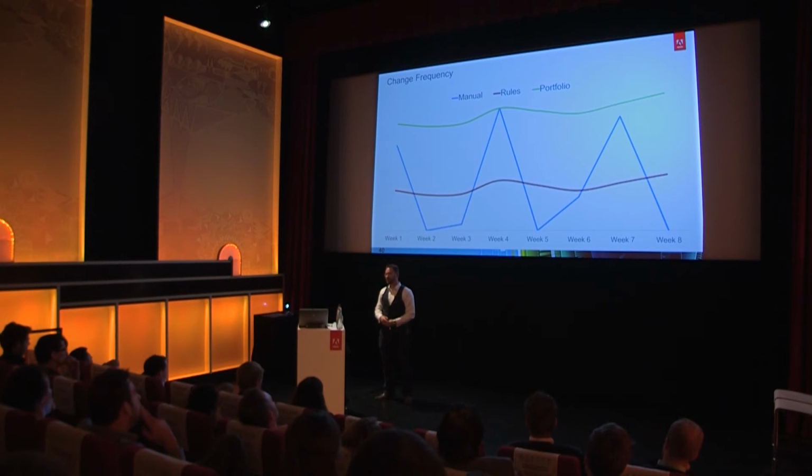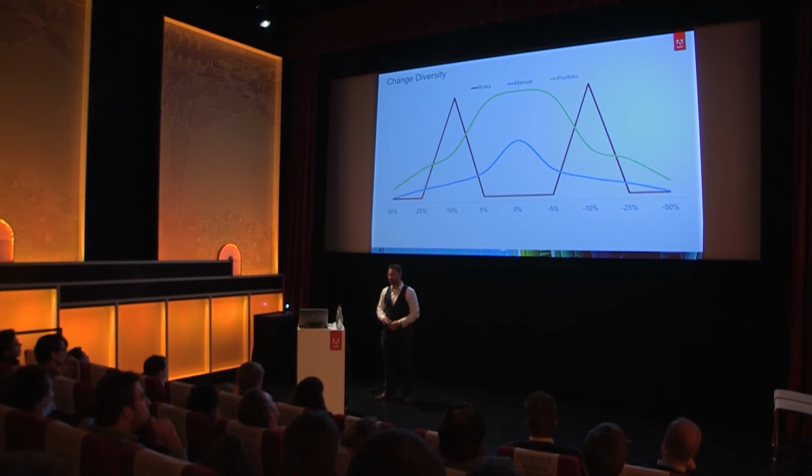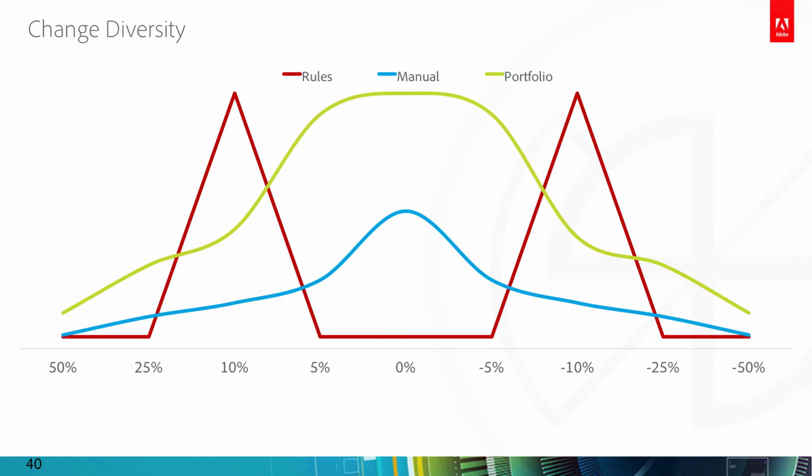Many tools, across channels, will provide you with a change history, and I would encourage you to dig into that and help to put some discipline in keeping that consistent. This is just one quick example. The blue line represents manual. And to be totally honest, when I was a consultant back in the day, I would cram and burn out, and then cram and burn out, and it wasn't very consistent. And even though rules, regardless of channel, can give us a little bit more consistency, often the scale is not there. And really it's the Media Optimizer portfolios that help us to make more changes each day and keep that frequency consistent. And not only have it consistent, but to have it be data-driven.